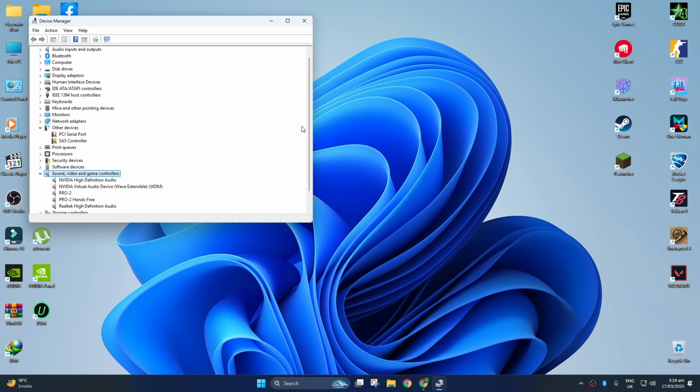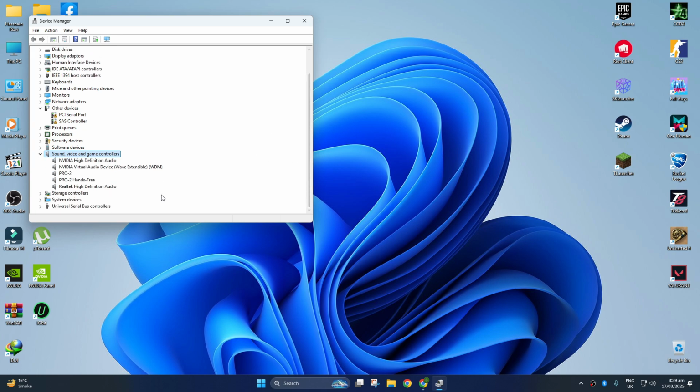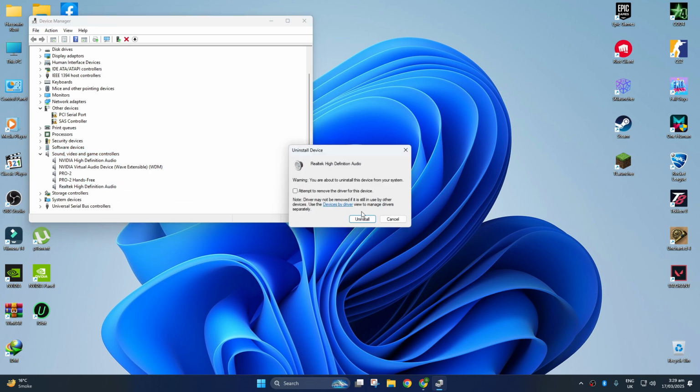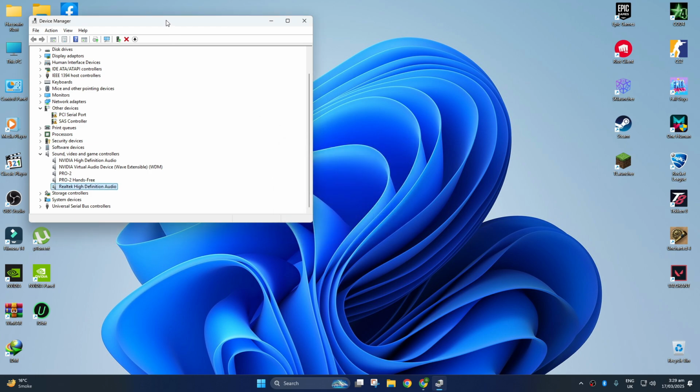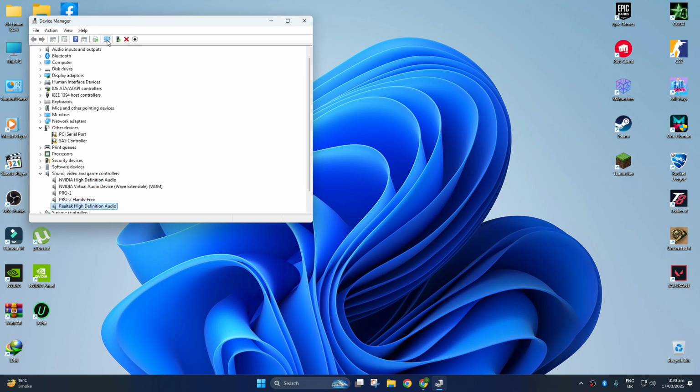Here is the complete list of sound drivers installed on your PC. You can select the one causing the issue, just right-click on it, select Uninstall Device, and again click on Uninstall to confirm and remove it. After the uninstallation, go and click on this monitor icon, and Windows will now automatically search and reinstall the missing